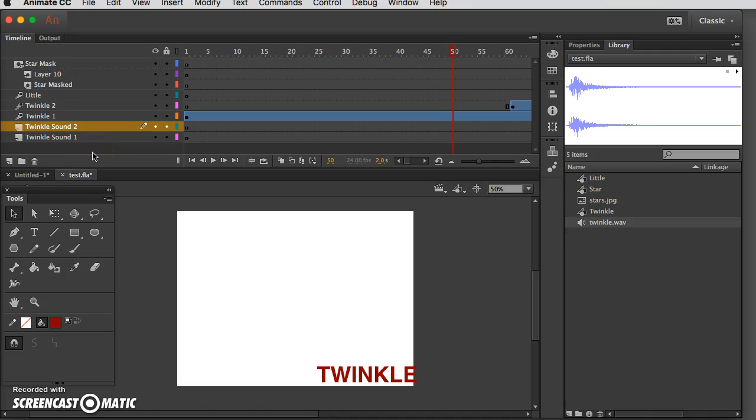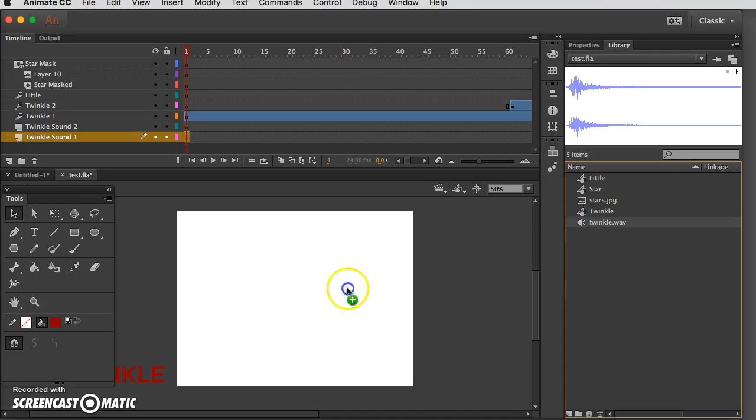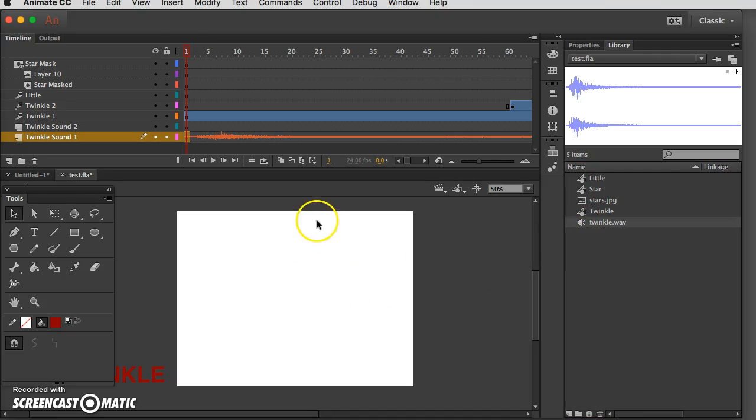It says click on frame 1 of Twinkle Sound 1. There should already be a keyframe there. Okay. And it says grab the Twinkle Wave from the library and simply drop it on the stage. Sound is this easy. Since we know that Twinkle 1 starts to come in basically on that frame, we're going to actually use that first keyframe. So I'm going to grab this and drop it down there. You'll see that that layer gets occupied by a graphic that displays the sound